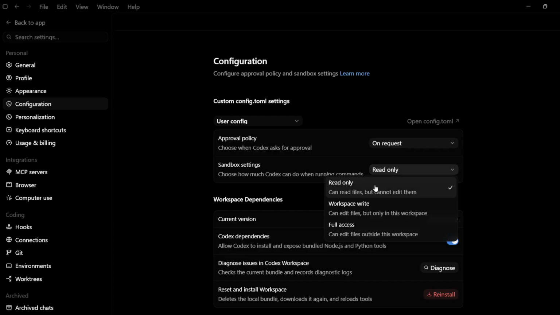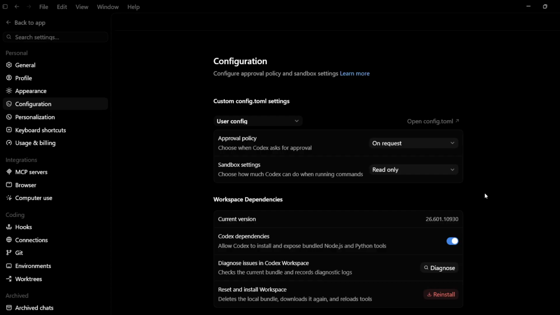The first one is the read-only option, which is currently set in my case, where Codex can read files but cannot edit them. Then we have the workspace write, using which Codex can edit files but only in this workspace. Then we also have this full access mode, which is also the riskiest one, using which Codex can edit files outside this particular workspace. So according to your need, you can choose any three of them and Codex will act accordingly in your current